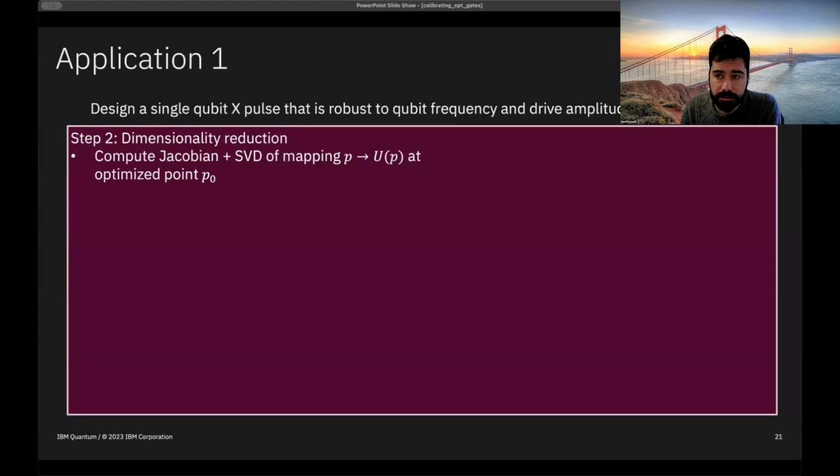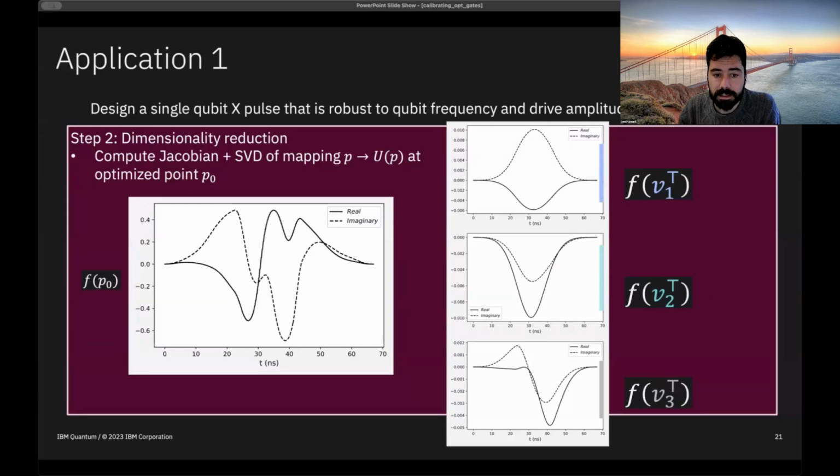Okay, and then step 2 is to do this dimensionality reduction. So we've run our optimization at this point using what I showed on the previous slide, and we found this point P0 that has all the properties we want. And now we do the dimensionality reduction, and this is what we get. So this was the pulse that was optimized, and then these are the directions